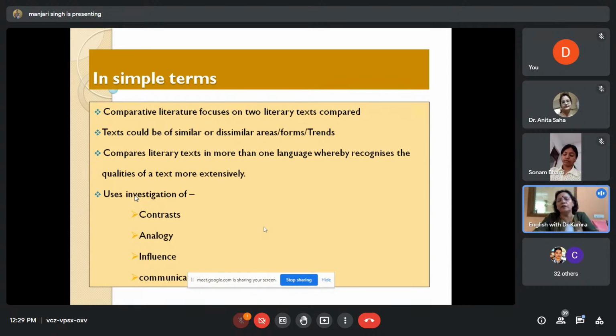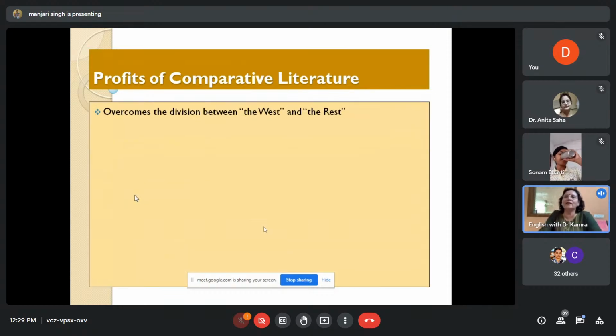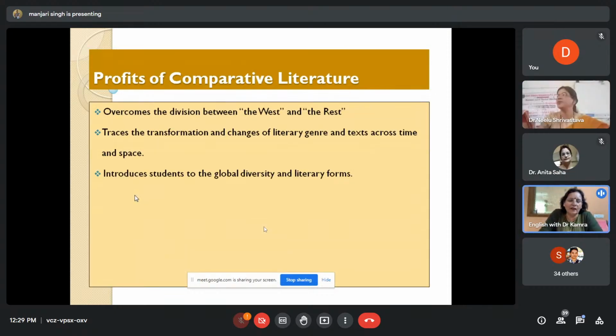Now, what are the different fields of studies? I will just rush through because I find that I'm nearing my time and I haven't completed. I think I'm only halfway through. So there are fields of studies. Neelu, be slightly quick with my slides. Sure, ma'am. Next is field of studies.